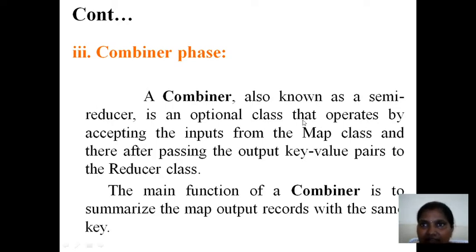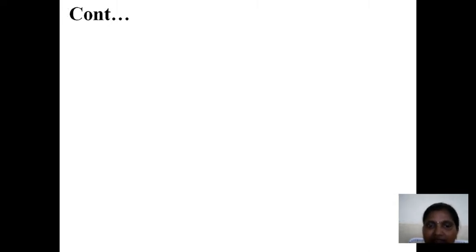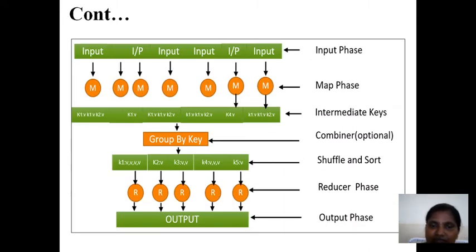For example, the processing capability of a reducer can be improved. Means all the shuffling, merging can be done by any other worker called a combiner. If it is able to finish all the intermediate processing, the reducer can directly execute the code. In the meanwhile, some other work can be done by the reducer, means some other mapper work can be done by this reducer. So like that we can improve efficiency to some extent.